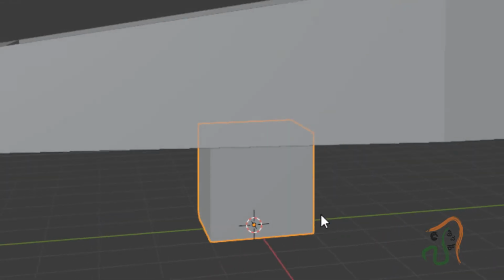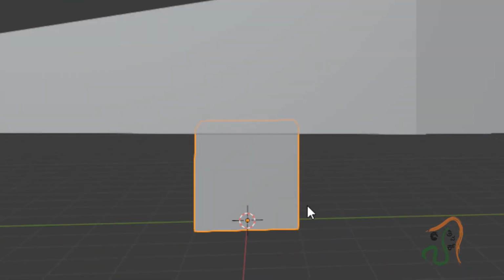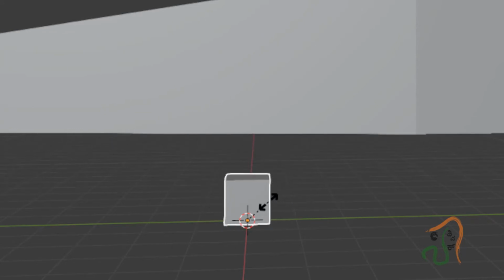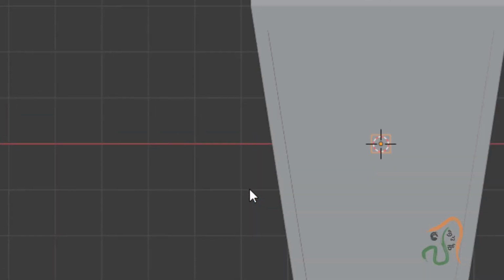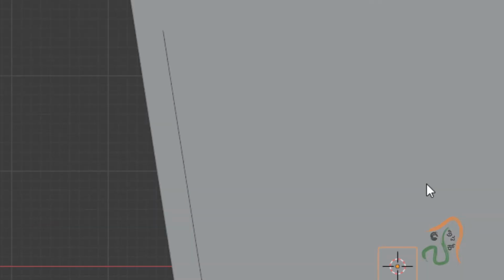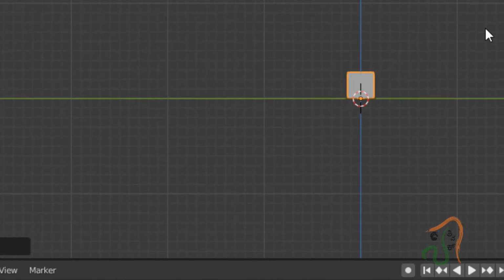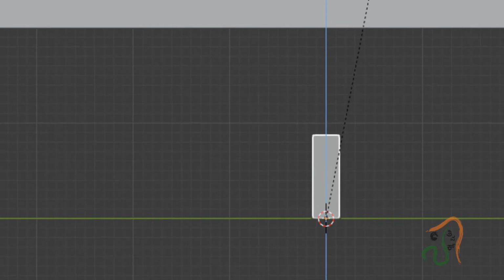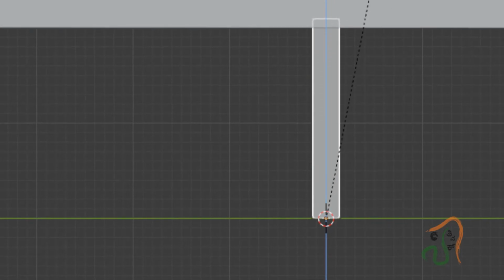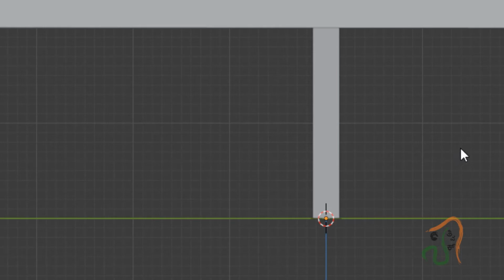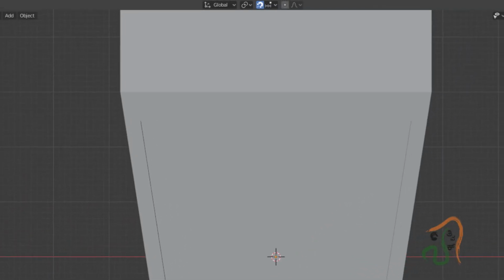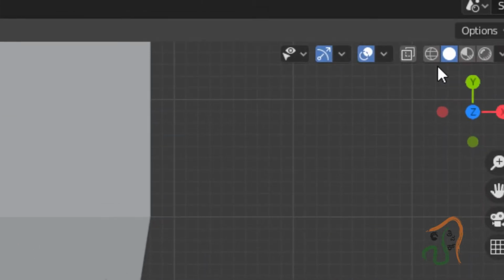Now after this, let us press scale and scale down the size a little. If required, come to the top and see how much the size of this leg should be. So let us scale it down like this, and after scaling, press 3 and come to the side view, and now press scale and scale it along the Z axis, till it comes to the top like this. After this, come back to the top, and with this, if required, come to wireframe view.